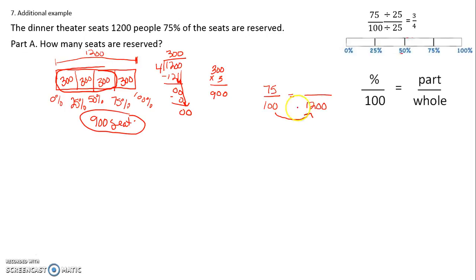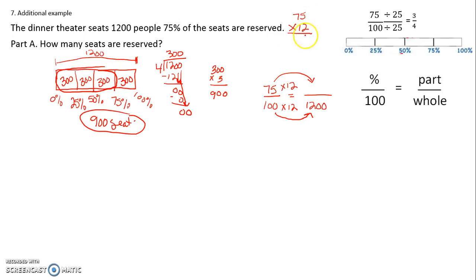100 times what gives me 1,200? 100 times 12. And then I'd have to do 75 times 12 to know how many seats were reserved. 75 times 12 better be 900. Let's check. Because even if you do a math problem 2 separate ways, you're going to get the same